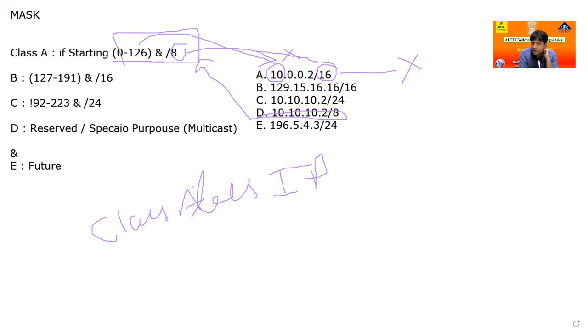Okay, but just one more thing. Out of A, B, C, D and E, D and E are not given, so the IPs distributed in the world by the USA are A, B, C. In this case, in which category of IP is the maximum number of customers possible? Class A, B, or C? Maximum number of customers in which IP is possible?